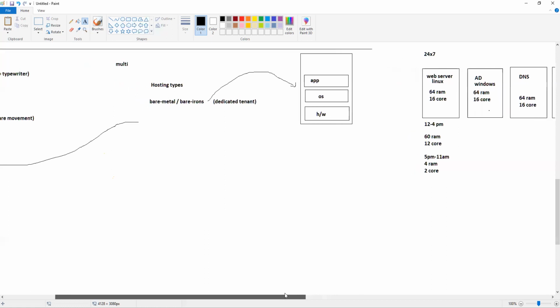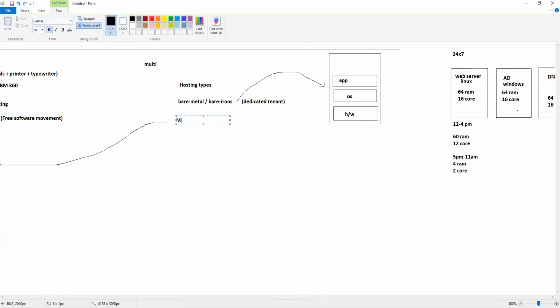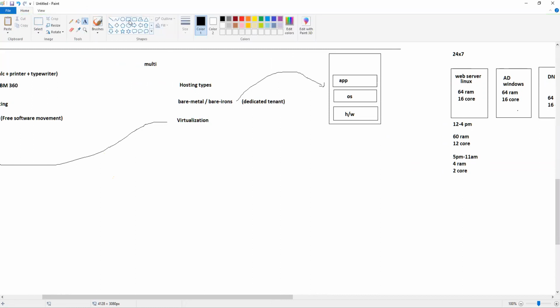where they came up with a concept of the hypervisor, where you can actually split the cores, split the resources, and split the kernels as well. And on one physical machine, you can run more than one operating system. So previously with bare metal, you could only run one server, and what we have now is virtualization, where you can actually run more than one operating system.